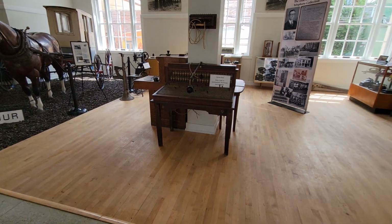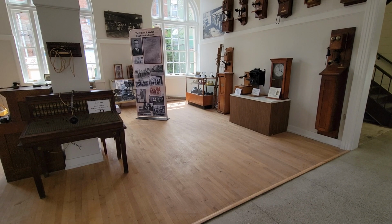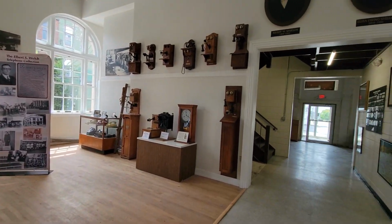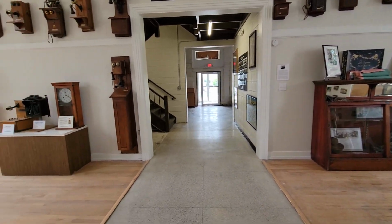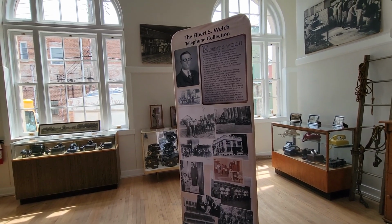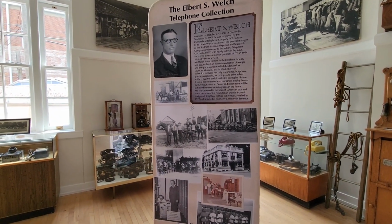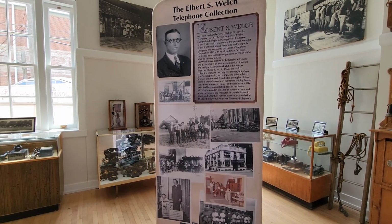Over here on this side is a permanent display of a telephone collection from Albert Welsh. Have some phones all along over here, and this isn't all of them. It's a huge collection. Now, in the early days of telephones coming to Jackson County and all of southern Indiana, every town had their own independently owned small telephone company,